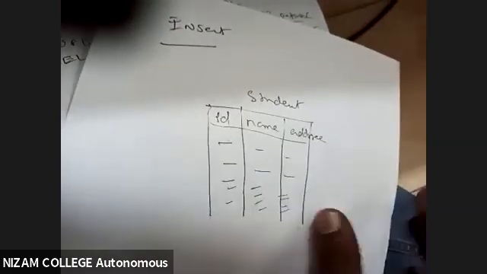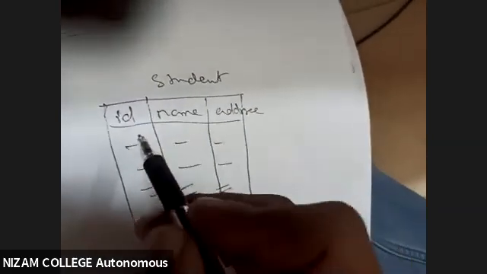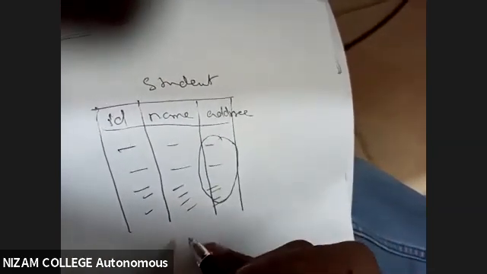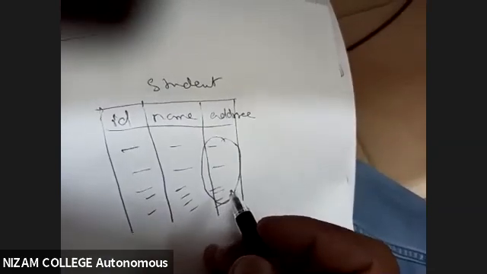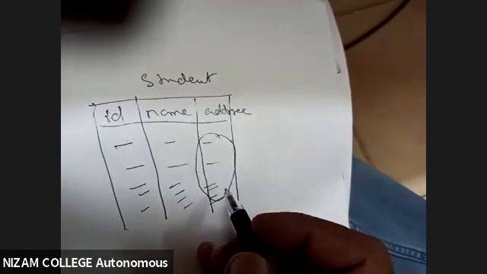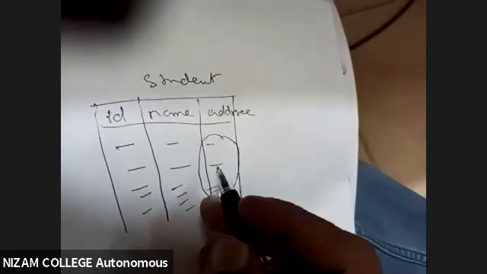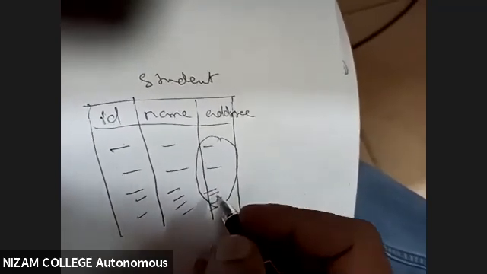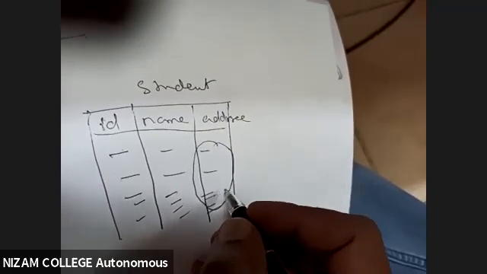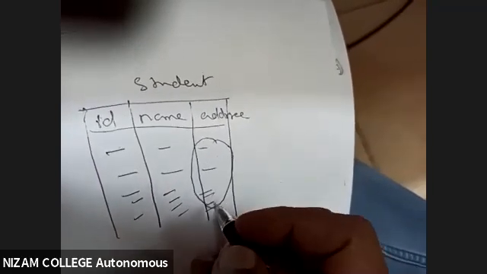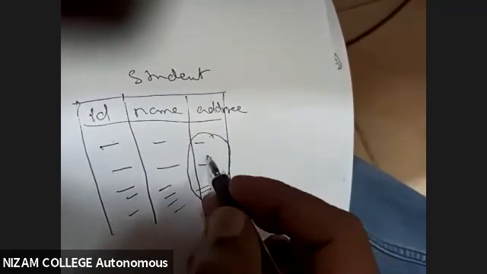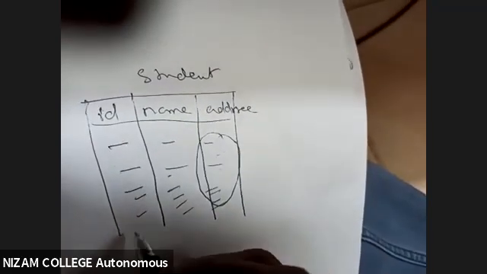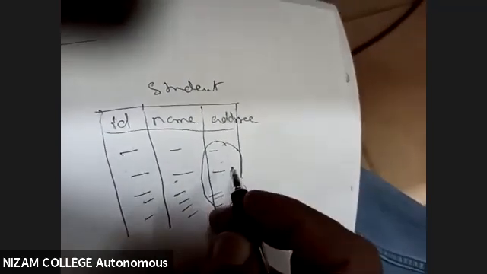In this there is a scenario. The scenario says that right now I don't have an address. The student will come and say, sir, I don't have an address, right now I'm shifting. I have only a temporary address, or I don't have a permanent address. So right now I am not willing to give the address. Due to some reason, the student is not willing to enter the records. So, can you cancel the admission of the student? We will not cancel the admission of the student.